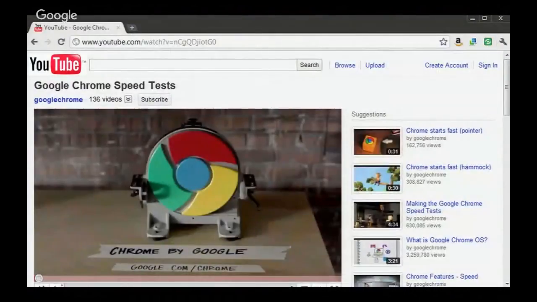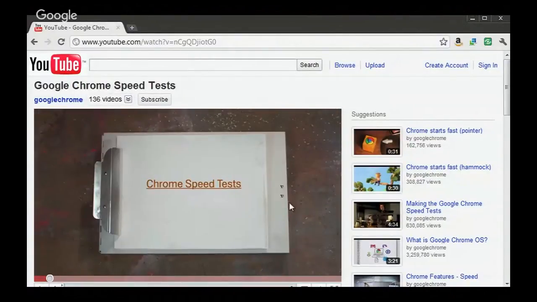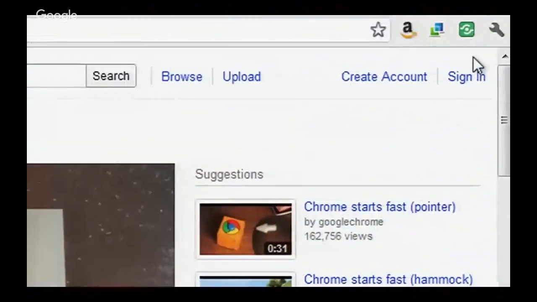Whenever I stumble across a cool website, my first thought is to share. But I don't want to interrupt what I'm doing to go to another site or to my email. Shareaholic for Google Chrome is an extension that lets me share the web page I'm viewing. All I need to do is